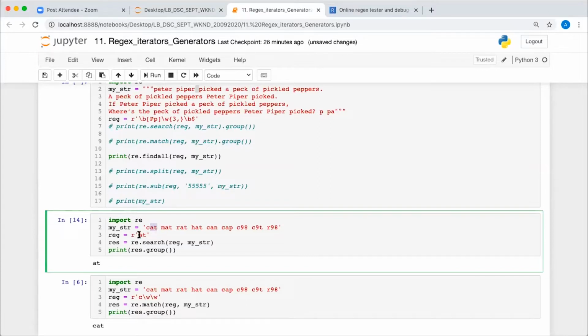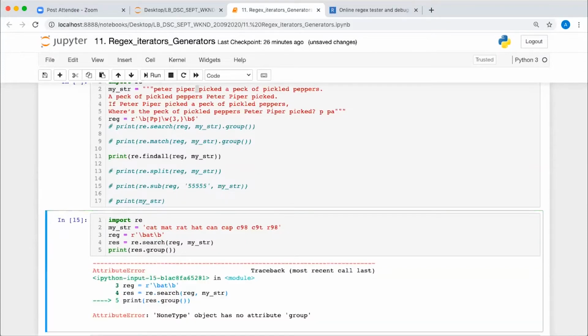It is not an individual word, right? But if you write backslash b here and backslash b here also, then it will look for only those occurrences where "at" is available as an individual word. It will not take from in between words. So if you execute, you will not get anything here. Okay, fine.